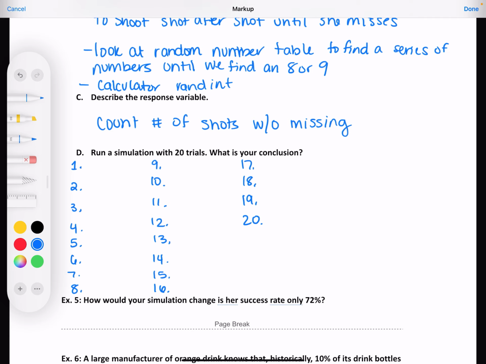This is not going to be the best way to do this problem, but just for what we have in front of us right now, we're just going to use this. You're going to just keep clicking the button, and you need to count how many times you click it to get how many shots she takes before she misses. So in your calculator, you'd be putting here random integer 0, 9, 1.